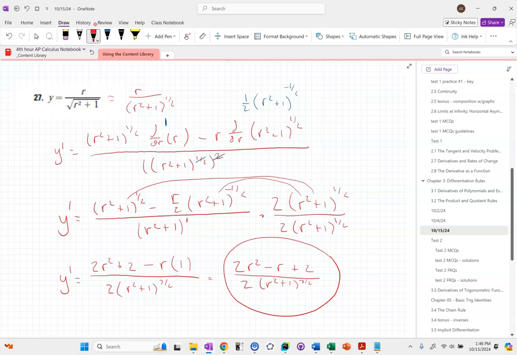How much do I need to simplify this? The answer is very little if it's just a free response question on a Mr. Kulik test, or on an AP exam, unless they're asking to show that this is equal to this. Once the calculus is done, just stop. But if it's a multiple choice question, you have to be able to simplify to something where I can see which one of these multiple choice answers I should pick, which is sometimes